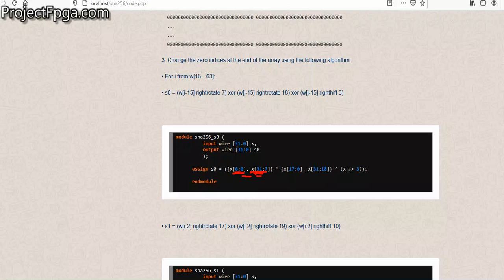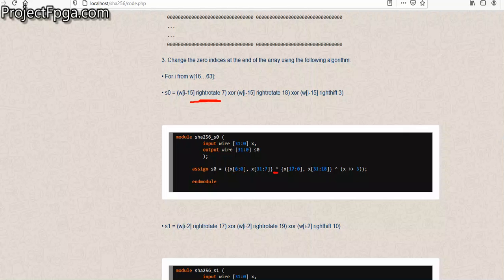So 31 down to 7 went back, while 6 down to 0 went up. So it's more like rotation. That's what it's saying here, rotate 7 times. 6 down to 0 is 7 bits. Take the last 7 bits and take them to the front, and take the rest down,